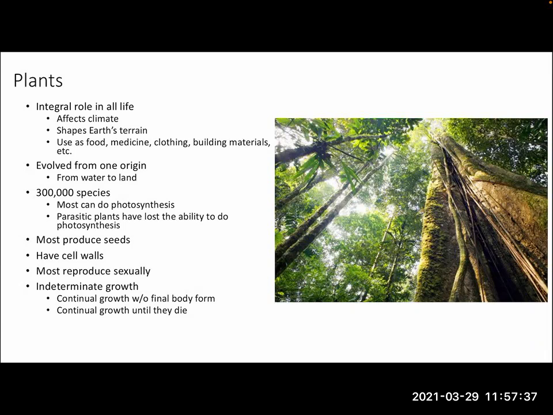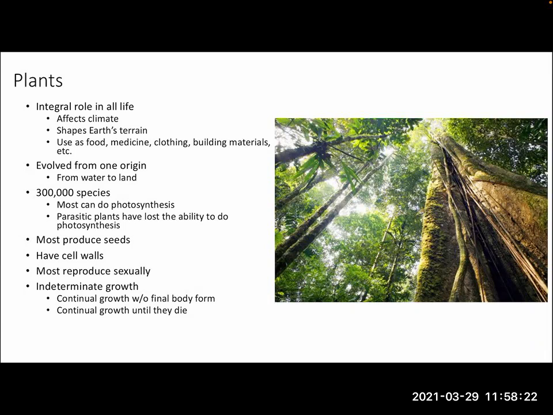Most of those plants are photosynthetic species, meaning they are autotrophs, but there are several plants that are parasitic and lost their ability to photosynthesize. But then there are also plants that can do a combination of both. So they are heterotrophic as well as photosynthetic. And then you have some plants like your Venus flytrap and your pitcher plants that will capture other organisms and actually obtain organic materials and molecules through the digestion of those organisms via enzymes that are in the plants.